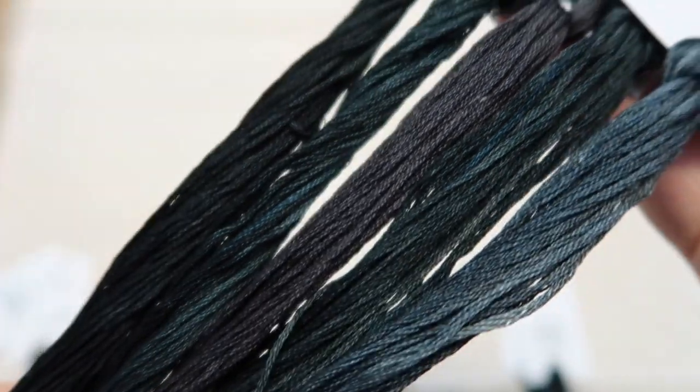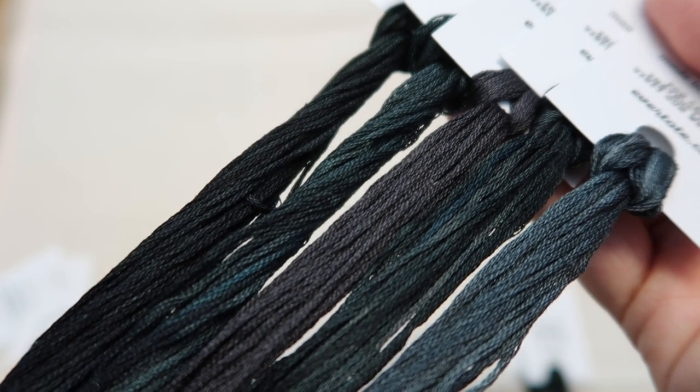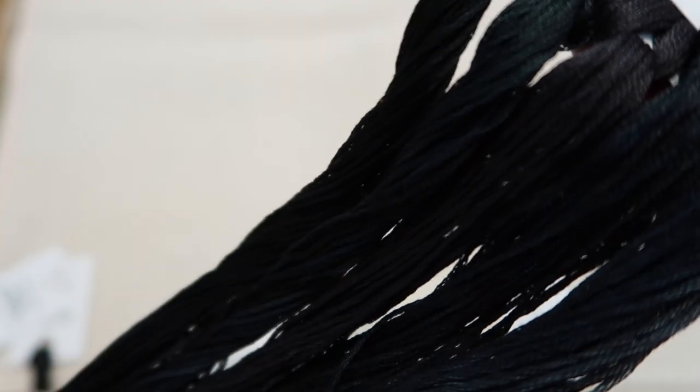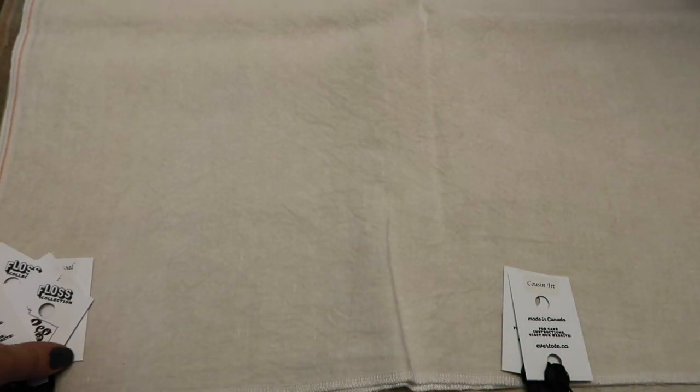Yeah, beautiful. All right, I'm currently working on a 6th black floss that maybe incorporates all of those undertones. And maybe it will be called Tricky Business, true to its name, true to the tricky process. All right, so now I thought I would take you through some of Carrie's linens that would make a